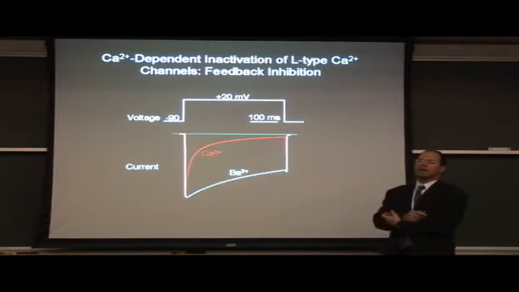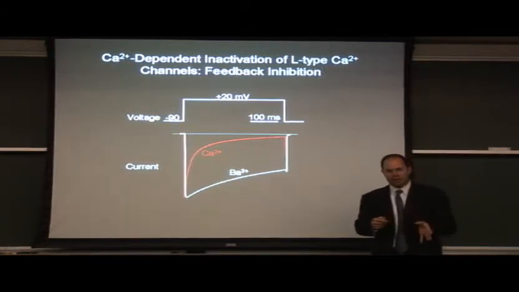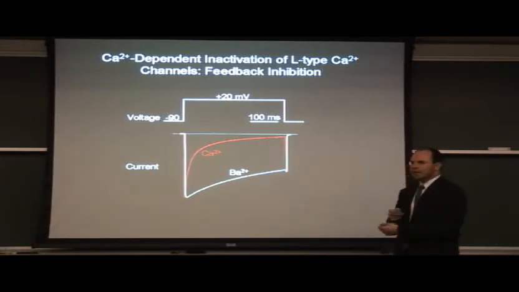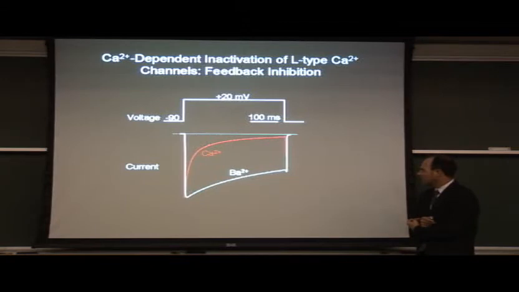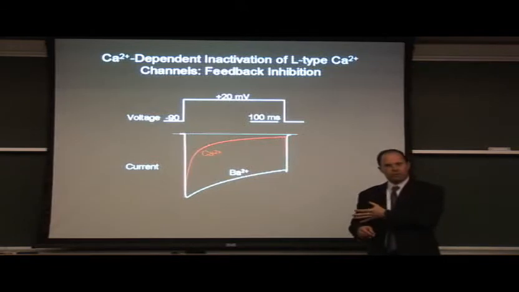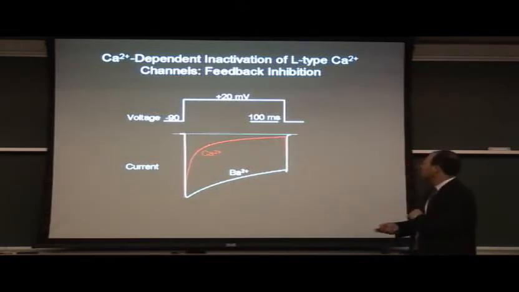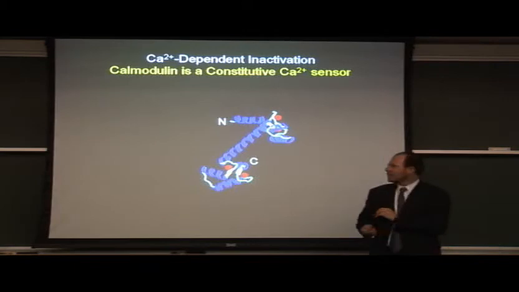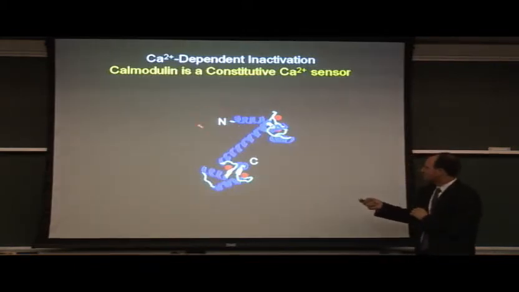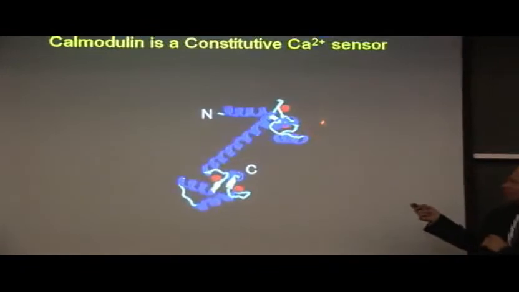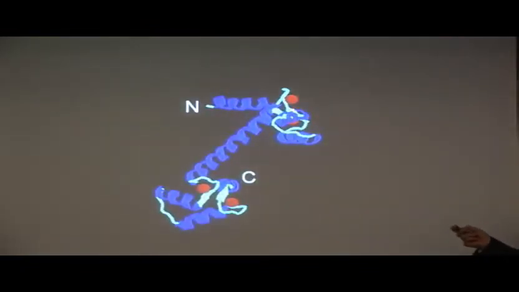And this problem has been worked on for a quarter century, as you already mentioned, in a series of studies in collaboration with Howard Reuter and Roger Zolke in Howard Reuter's lab. When I was in Dick's lab, we discovered, as did David Yu's group, that calmodulin was the calcium sensor for this process. And so this is calmodulin. I've alluded to it already. It's an interesting molecule in that it has 4 calcium binding sites, 2 in the amino terminal lobe and 2 in the carboxy terminal lobe. These calcium binding sites are called EF hands because of the way they look in the structure. And then there's this long alpha helix in between these 2 lobes.